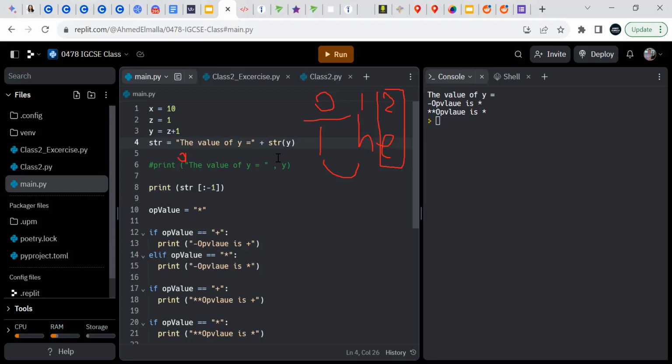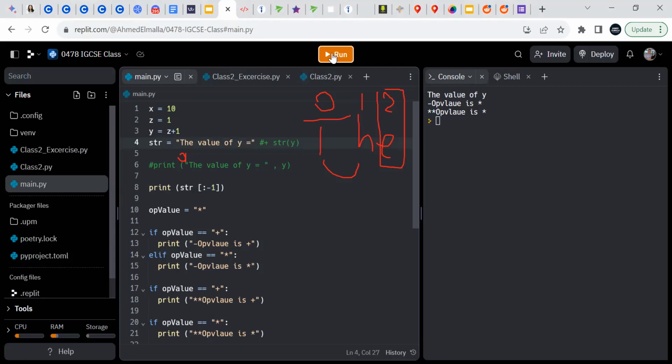Let us put this. Now, is it clearer? What does -1 do? It is the last one, the last character.